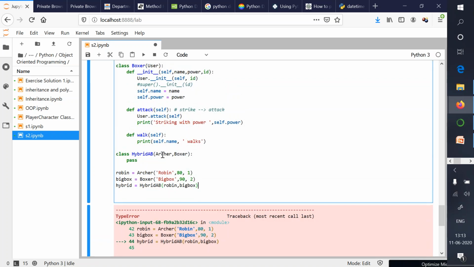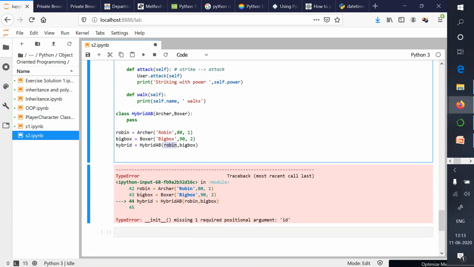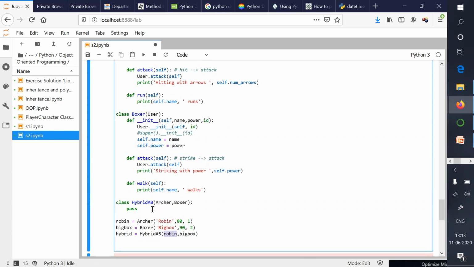So like this, you will encounter many problems. You intend to create a hybrid object that is a mixture of Robin and big box, but if you instantiate the object like this, you are going to get these kinds of error messages, because we didn't define any functionality over here.